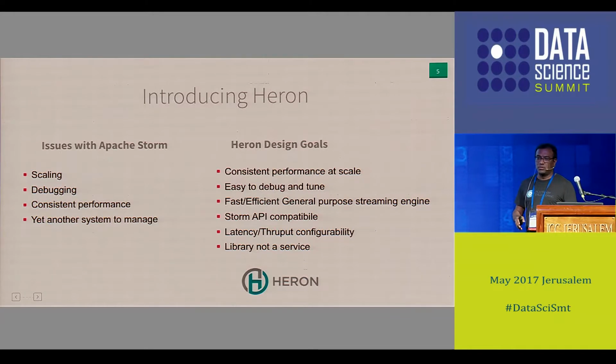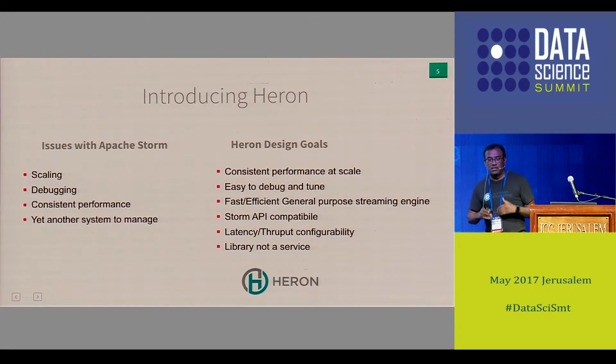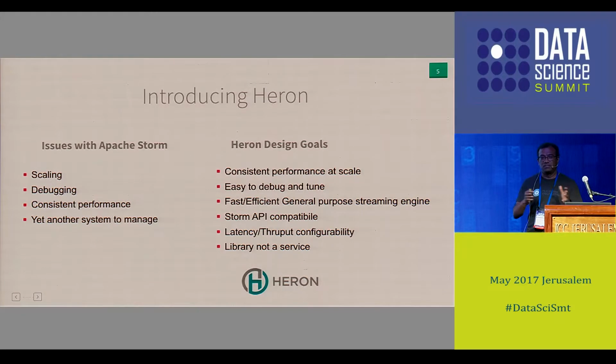Some jobs require very low latency. And some jobs say, I don't mind the latency, but I need high throughput because I'm processing a lot of data. So how do you balance these different workload requirements in a single system rather than having one system for each workload? We also wanted to move towards a model where we don't run it on our own cluster and maintain our own cluster.